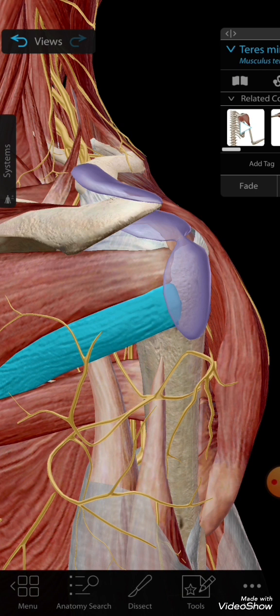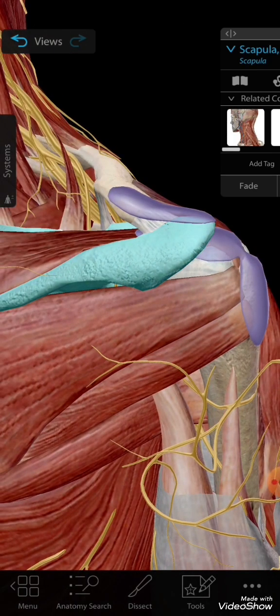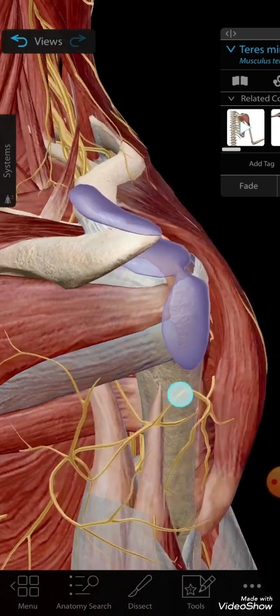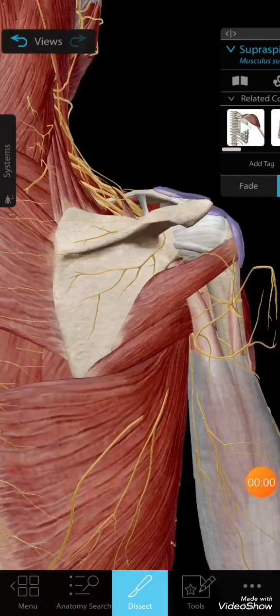So this rotator cuff has included the supraspinatus, infraspinatus and the teres minor. That was the scapula. Above that is the supraspinatus, this is infra, and this is the teres minor. And now we are left with the